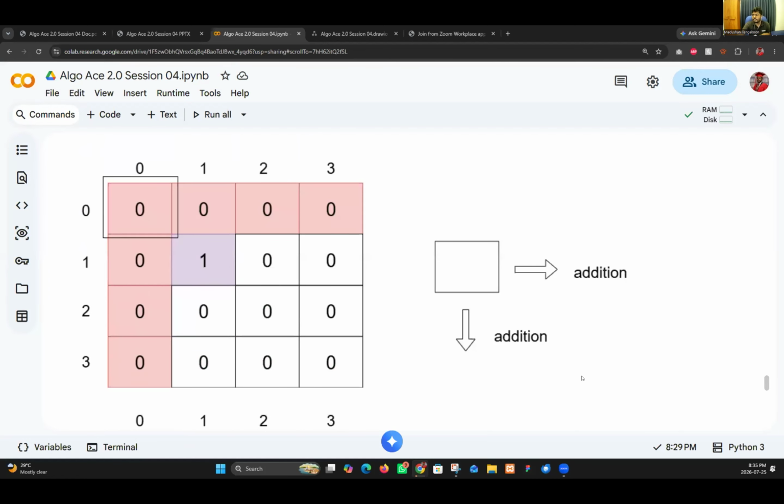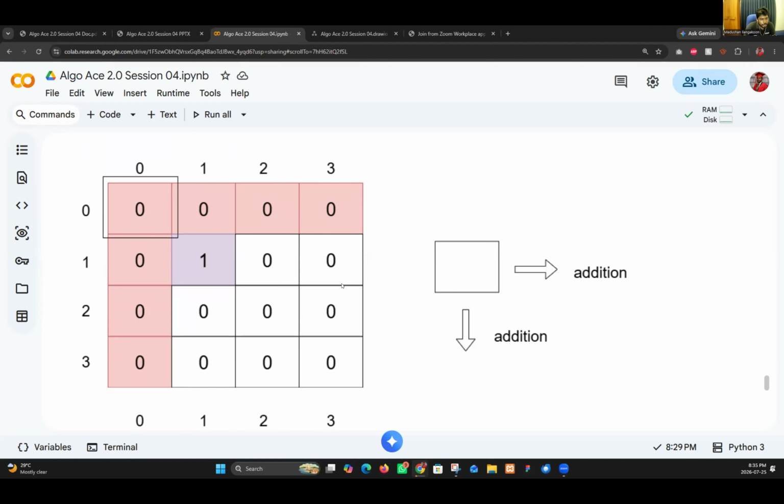This is the way we're going to sort out this problem. So what we are going to do, we need to do additions.